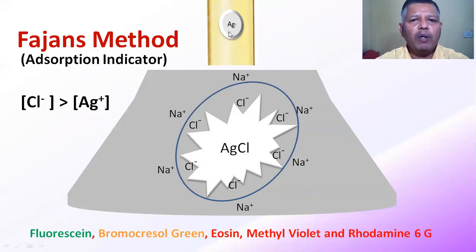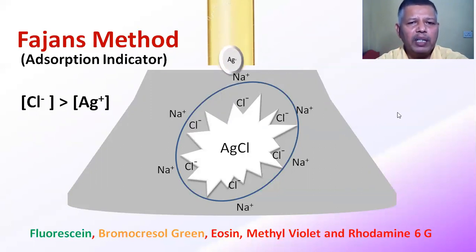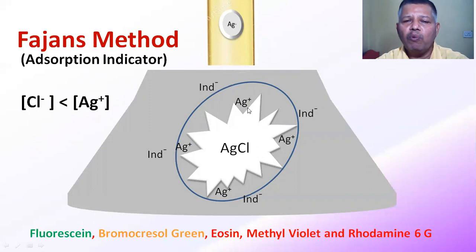Now when we continuously add the silver ion, whatever chloride ions are present in the solution form the precipitate. After completion of the precipitation, the chloride ions are less than the silver ion. Whatever chloride ions are present in the solution are adsorbed on the precipitate. But as we keep adding the silver ion from the burette, it forms the silver chloride precipitate, and after a certain point, when chloride ion and silver ions are equal,